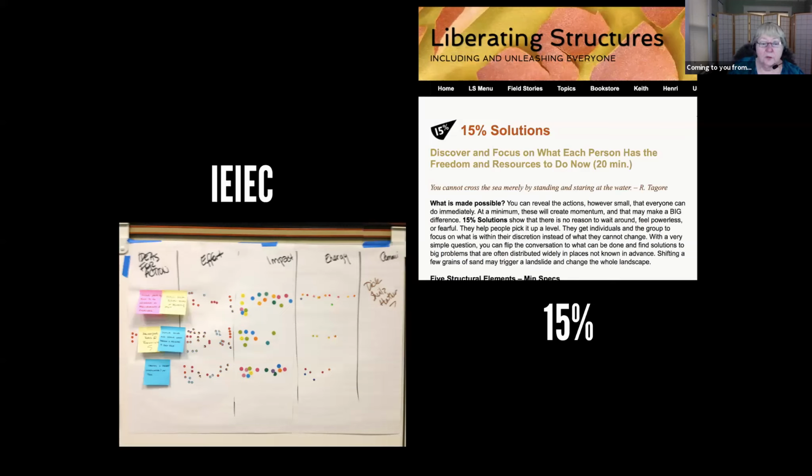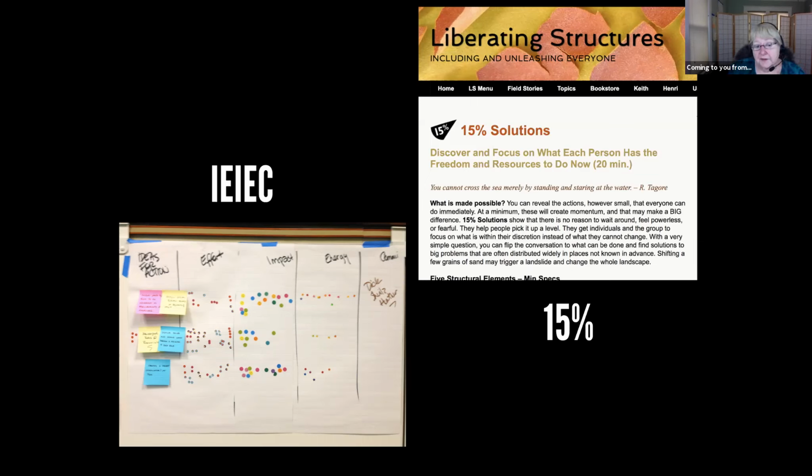So we put them up there, and then we had people do dot voting for how much effort this will take. Sometimes I just have people do t-shirt sizing here. Is this a small, medium, large, extra large? But in this one, we did dot voting. And then we talk about impact. We don't talk about importance, we talk about impact. Which of these would have the greatest beneficial impact? And then of course everybody has some dots, and they use those dots according to where they think they'll get the most impact.